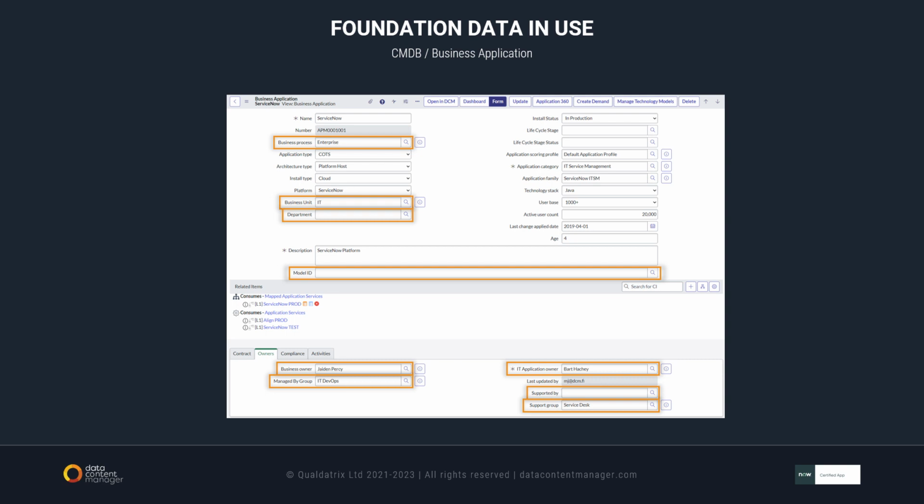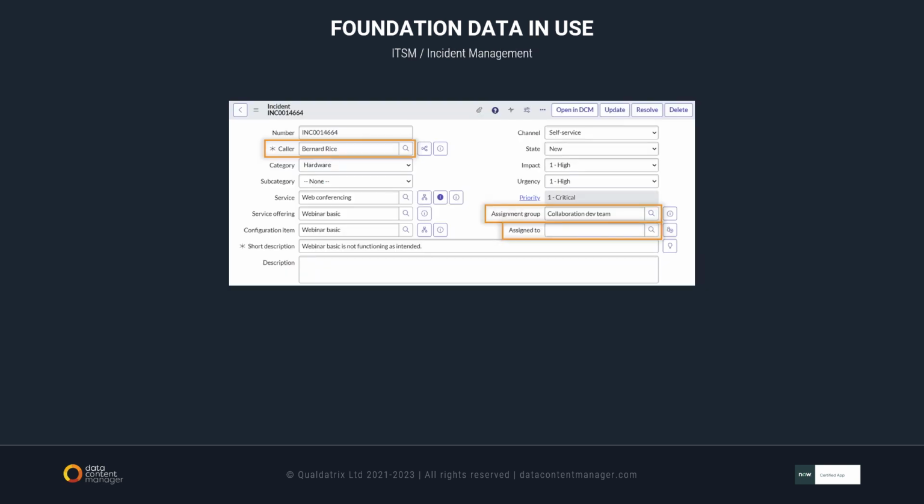Indeed, yeah. And if we take another example, so this one was from CMDB, but if we look at the ITSM product family and incident management form, here we see the incident form, including references to caller and assigned to as users, and then assignment group. So these are again references to foundation data.